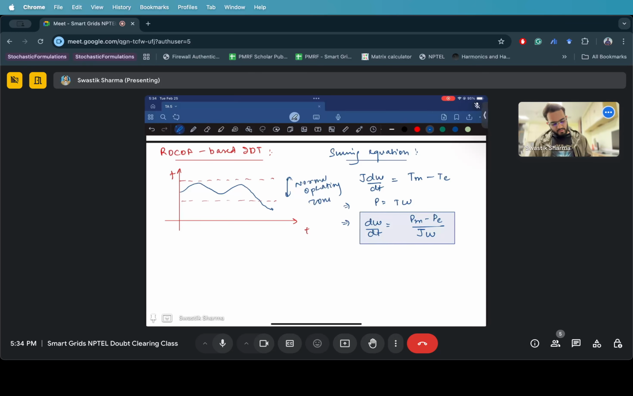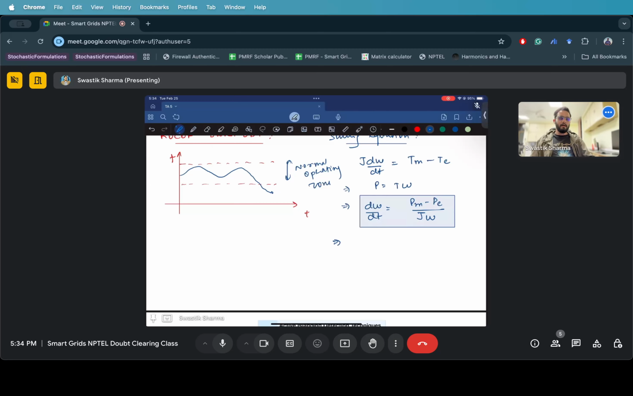This is one way in which we can write, and this is just a simple derivation. I won't go into the nuances of it. You can always check your power system analysis books, right? Now we know that J is nothing but